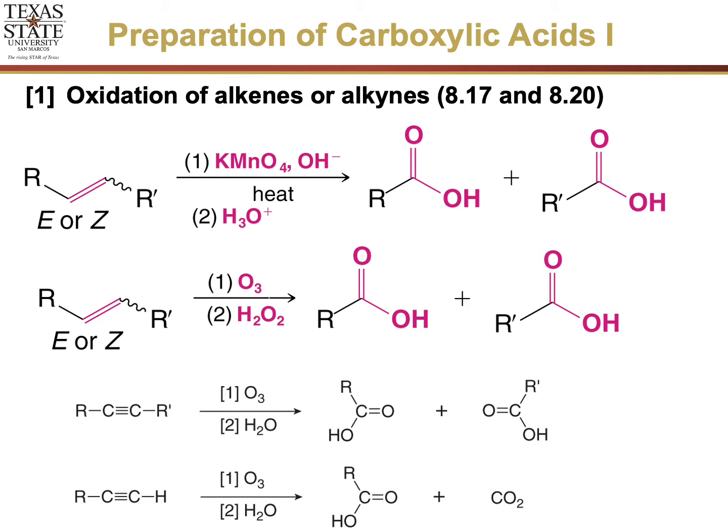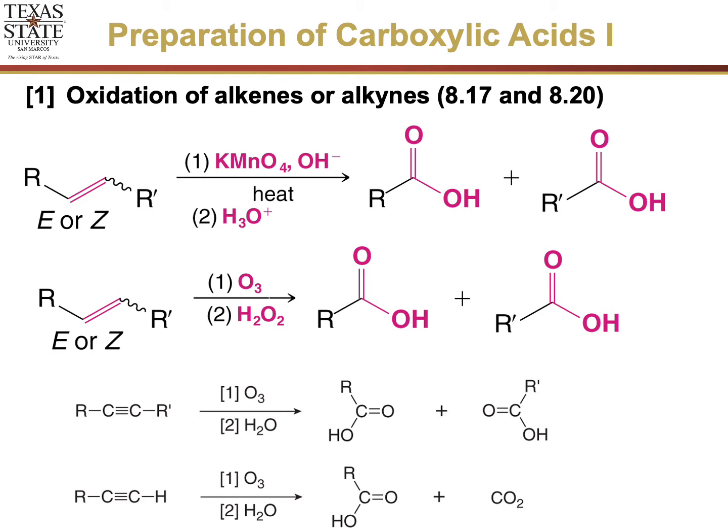So if it's a symmetrical double bond, we'll get a symmetrical acid. If it's unsymmetrical, we'll get two acids there. Another way to do that is to generate it with ozone. Note that ozone will also create two carboxylic acids if it's an unsymmetrical molecule, but it'll create one if it's a symmetrical molecule. Ozone will also break triple bonds to make the carboxylic acid, and if it's a disubstituted alkyne, it'll create two different carboxylic acids, and if it's a terminal alkyne, it'll create a